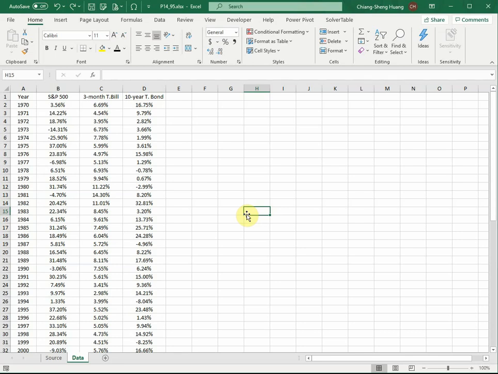So this is problem number 95 in chapter 14, on page 712. Please open up the file P14_95. It may look a little different on your computer. I simply changed the column width and nothing else. This file has the data of the average annual return for the three major indices